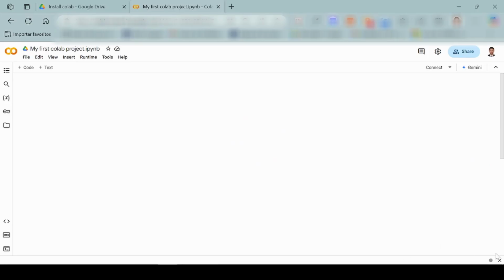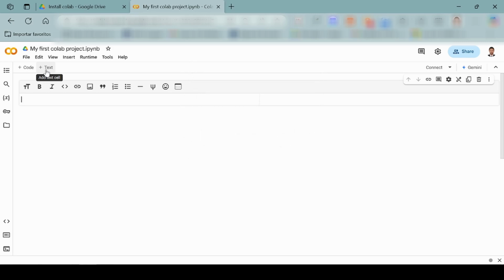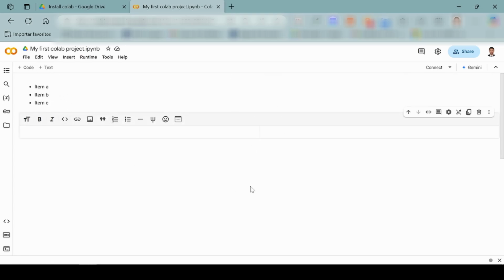To start, I'm going to show you how Markdown works. Markdown is a language that works in the text cells. You can put items in hyphen. You can enumerate items.